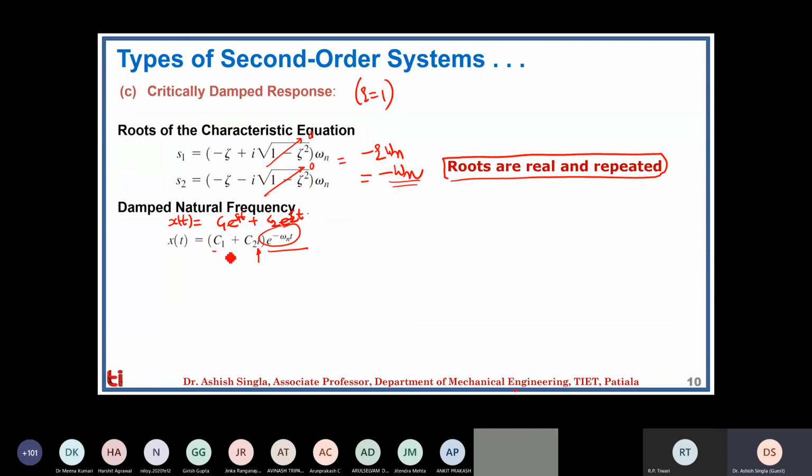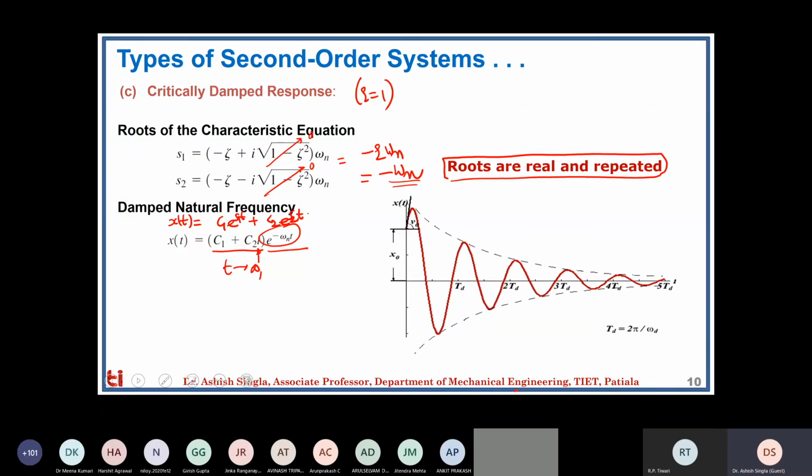But if we see clearly, there is a linear term which will rise as the time goes to infinity. But we also know that the exponential term is the fastest growing or decaying term. So in front of the exponential decay, the rise of the linear term has no weightage. So eventually the response will decay. For this, the response will be something like this. This is the critically damped response.